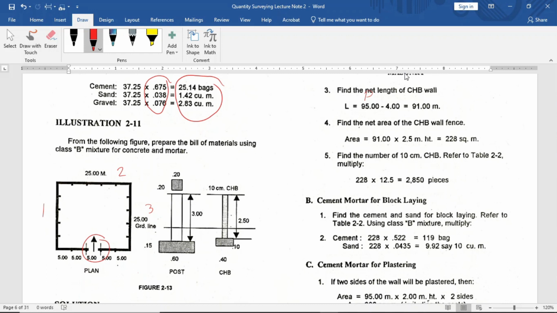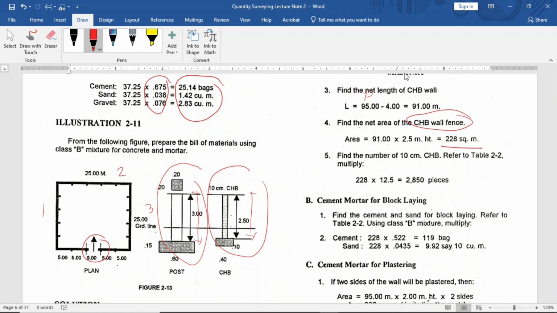height. Ito, di ba may dalawang height tayo dito? Isang 3 meters at isang 2.5. So, ito para to sa post. Ito naman para sa CHB. So, CHB yung pinag-uusapan natin. Kaya, 2.5 yung gagamitin natin. So, ang sagot natin is